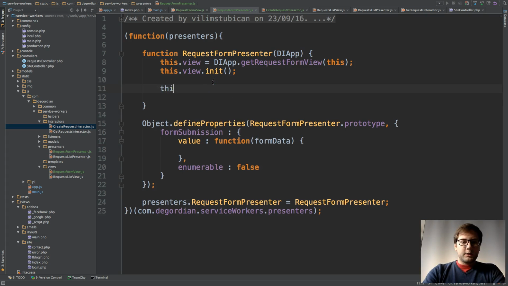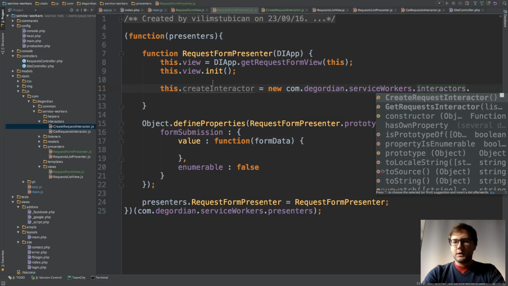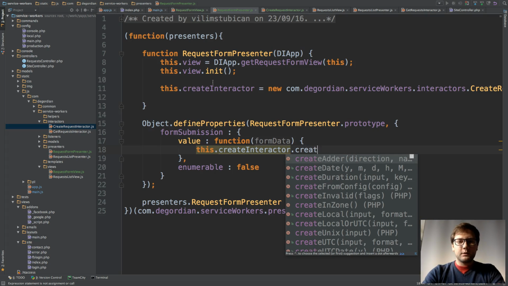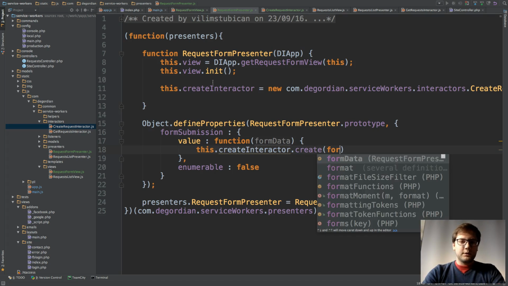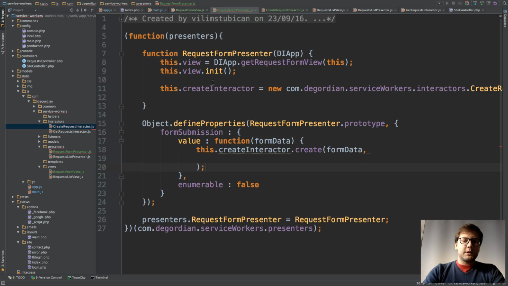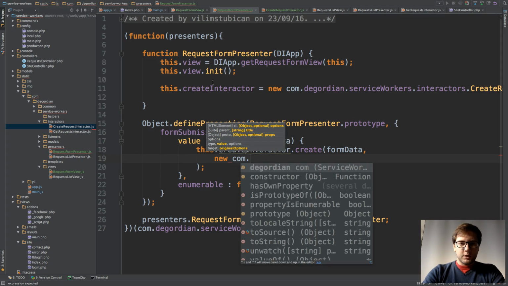He will need this.createInteractor is new interactors.createRequestInteractor, right? And we can now call this createInteractor.create. We'll just pass this form data, but we can usually format it a little more, and we're going to create a new